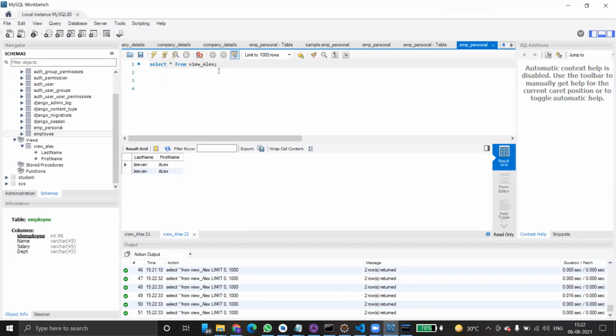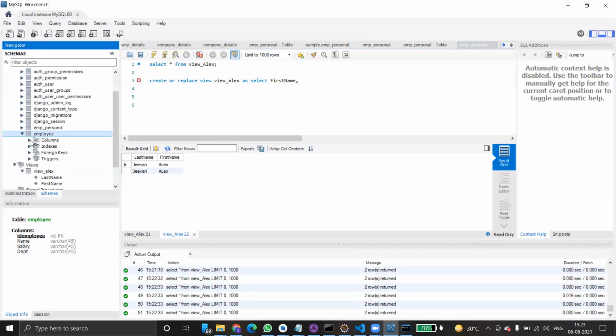That's all. If you want to replace a query, you can definitely do that by using a create or replace view. Okay, create or replace view, and then the view name. What is the view name? View underscore Alex as select. Okay, first name, last name only you are taking, right? I want to add another column and drop last name. Okay, first name, comma, Aadhaar. Okay, where is Aadhaar?